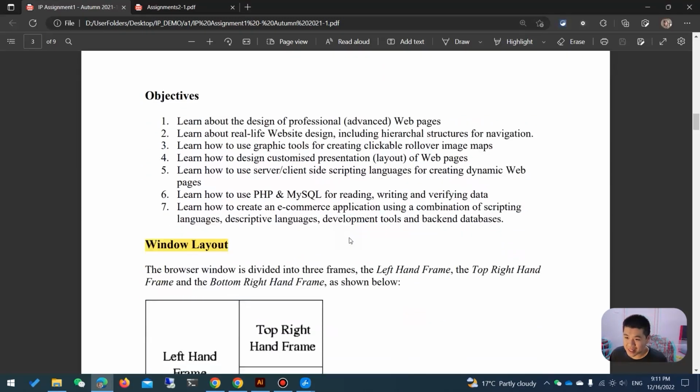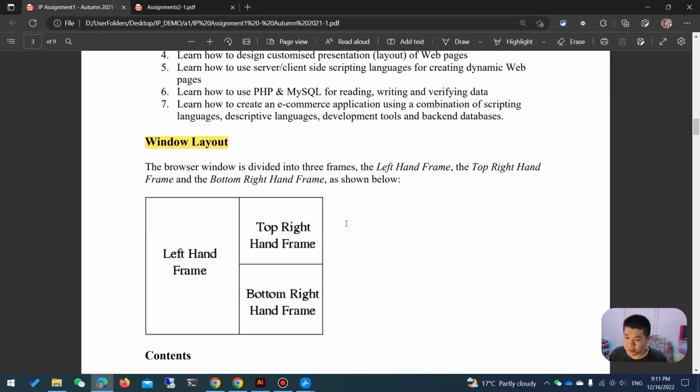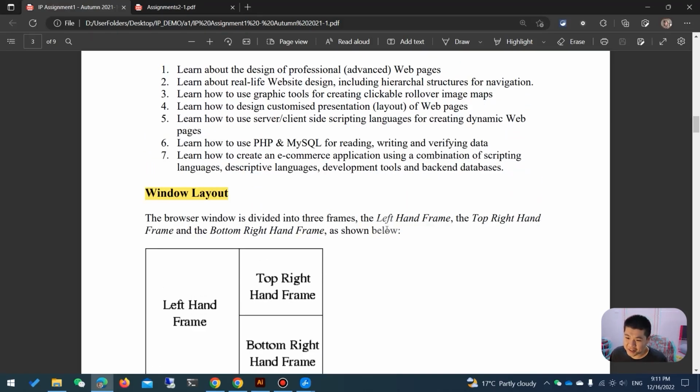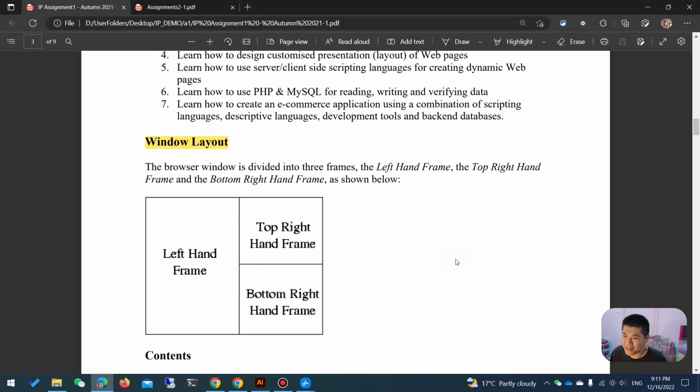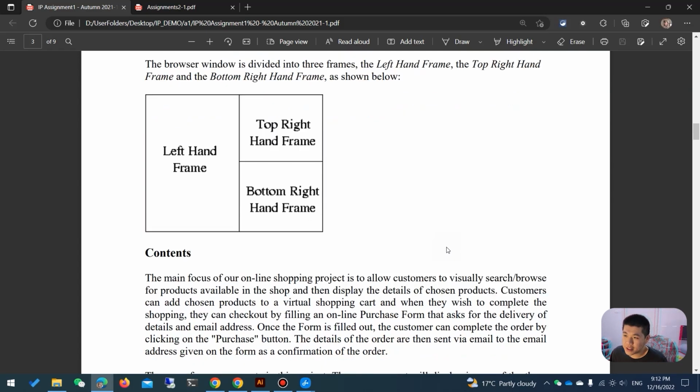Something to note is that both of these websites are written in plain PHP and also vanilla JavaScript and pure CSS. And this is actually required. So basically we were not allowed to use something like React, but we were allowed to use something like jQuery because they really want to make sure that you understand the vanilla JavaScript first.